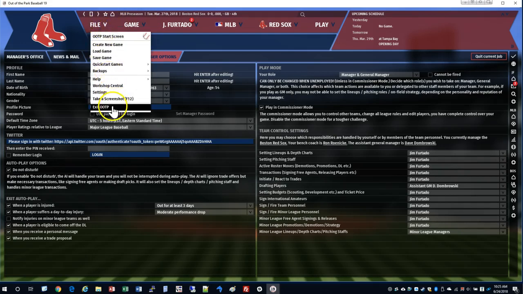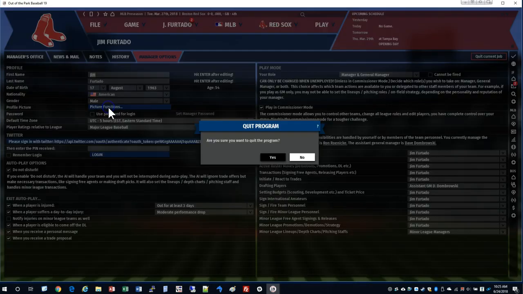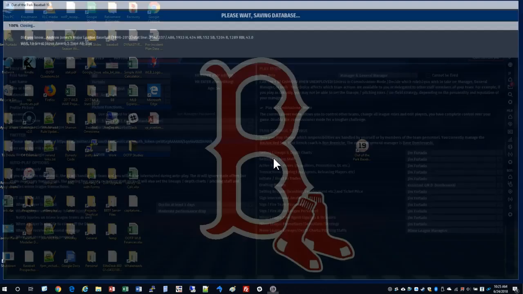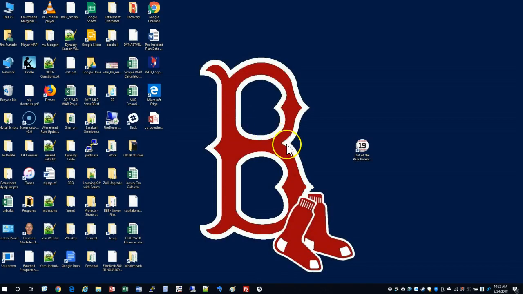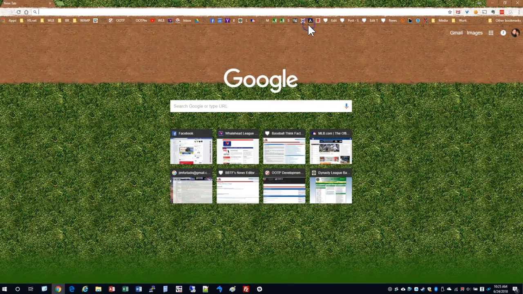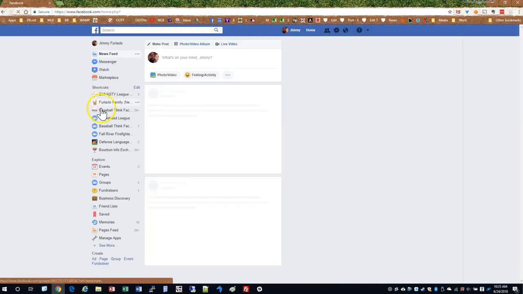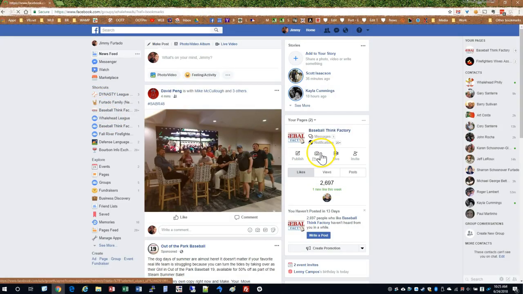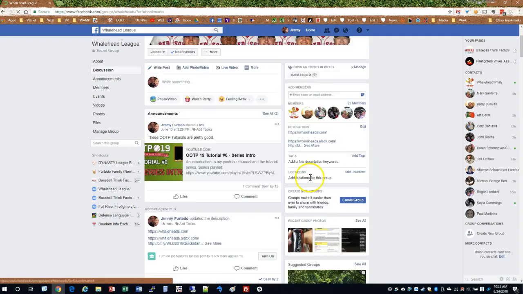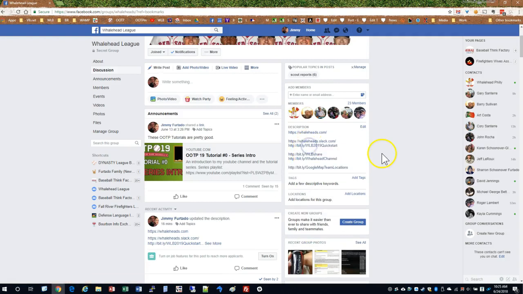Now, the next thing that I'm going to show you, and I'm going to exit out of OOTP now, is how to download the game's quick start. Okay, so I'm going to open up my browser, which is Chrome. I'm going to go to Facebook, go to our league page, and then I am going to scroll down and open up our menus. Okay, I've updated the menus, but to download the quick start, you click on this link,